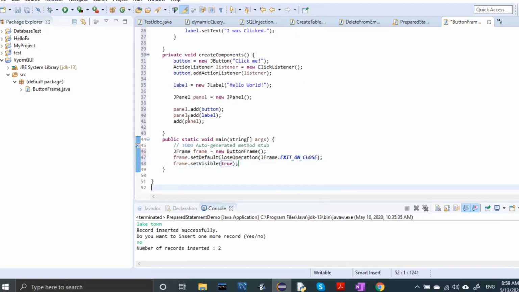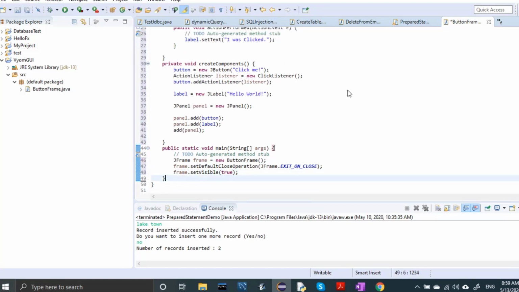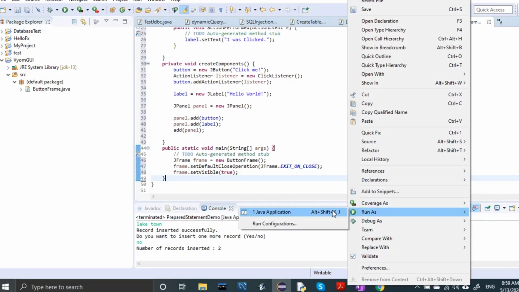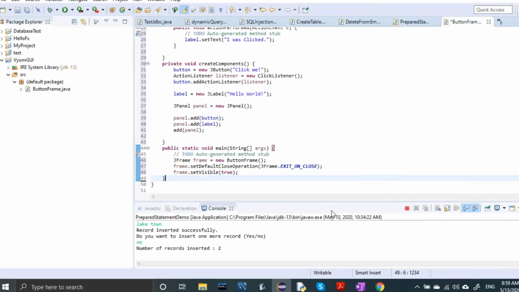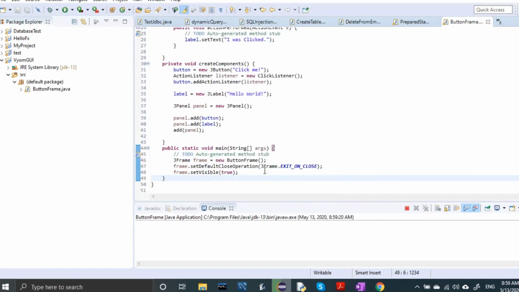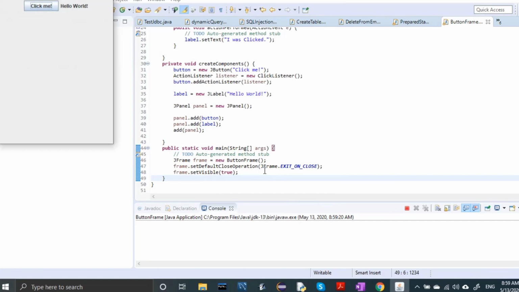Okay, so let's execute this code, run as Java application. It has generated this, and when you click over here, the label has changed.